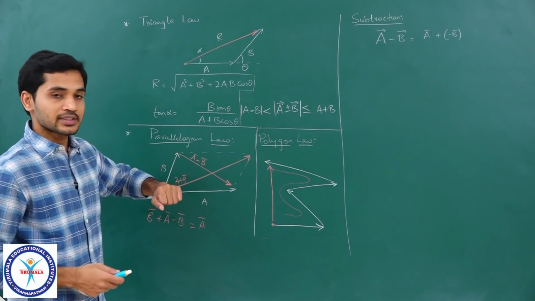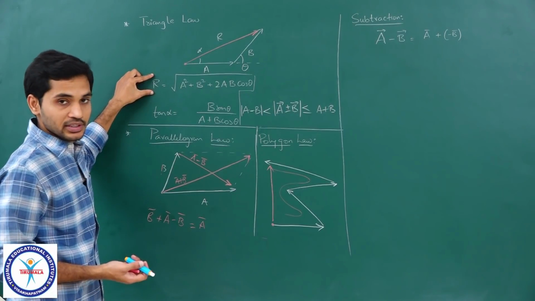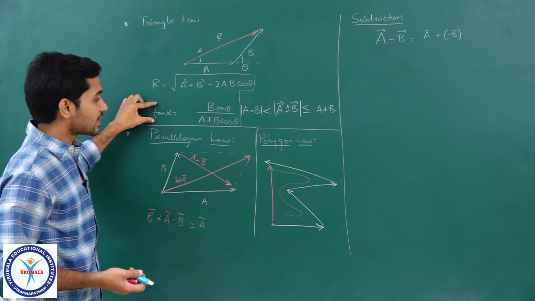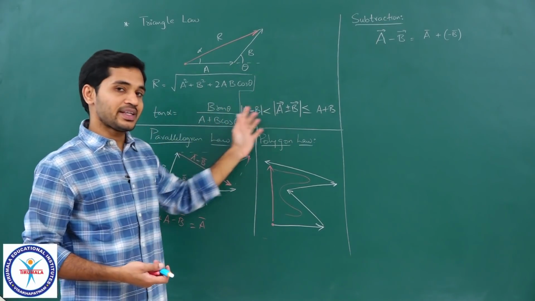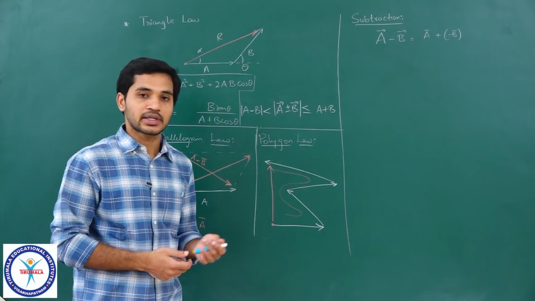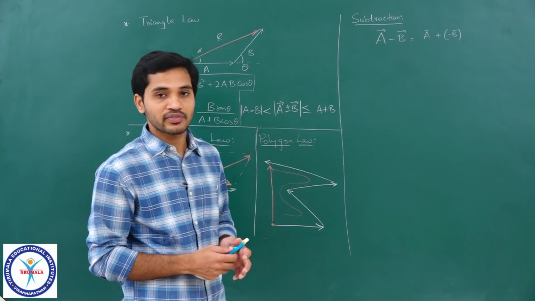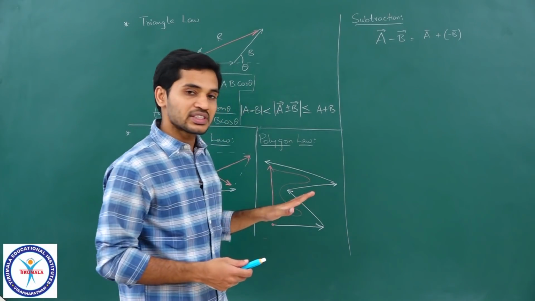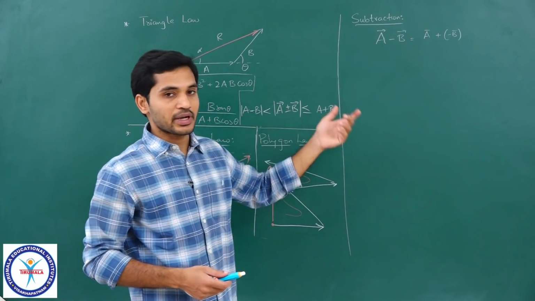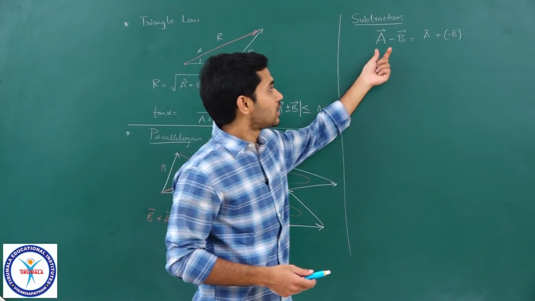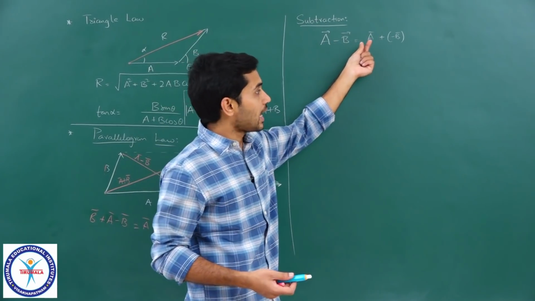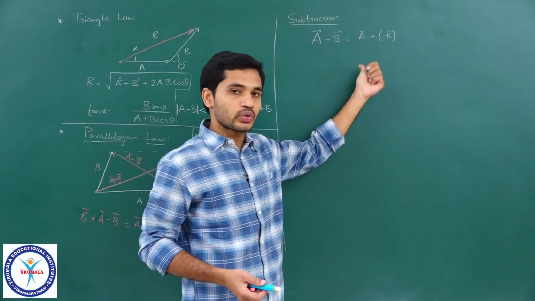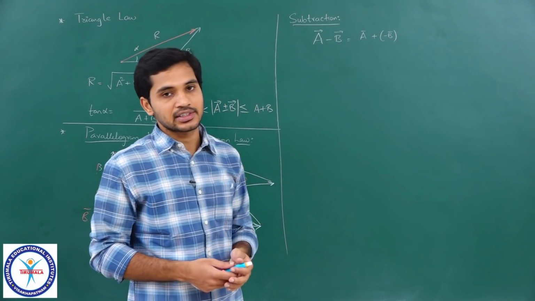So, this is what we have discussed. We know the magnitude of the resultant vector, the angle that it makes with one of the vectors, and also the range that the resultant vector can have, right. These are the points which we have discussed, and the same method is used for analyzing subtraction also. The only thing is that for subtracting b bar from a bar, all we need to do is add minus b bar to a bar, and the concept is exactly the same.